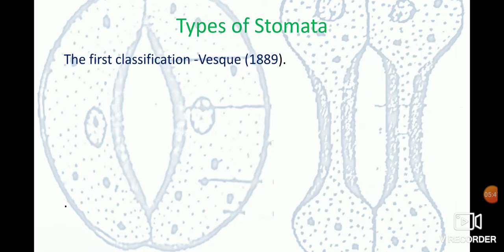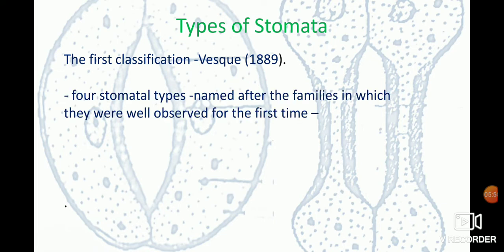The first classification of stomata was given by Vesque in 1889. Vesque assumed that the development of the stomatal apparatus correlates to the families in which they are present, and thus the ontogeny can be easily defined by studying the structure of the mature stomatal type. So based on this, Vesque